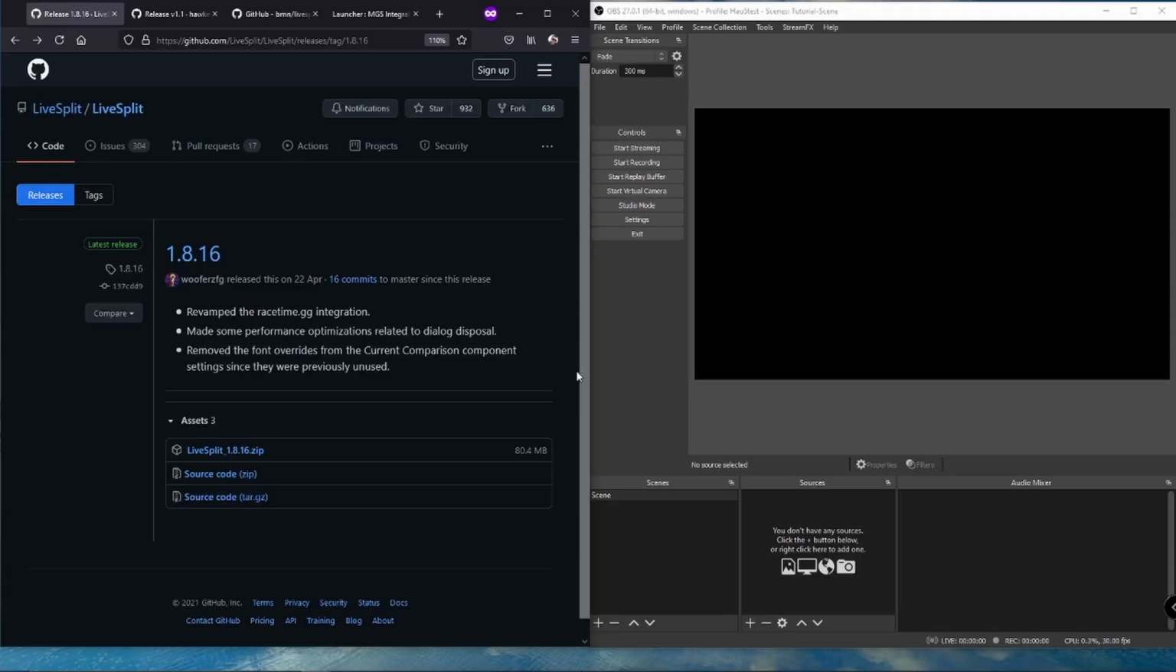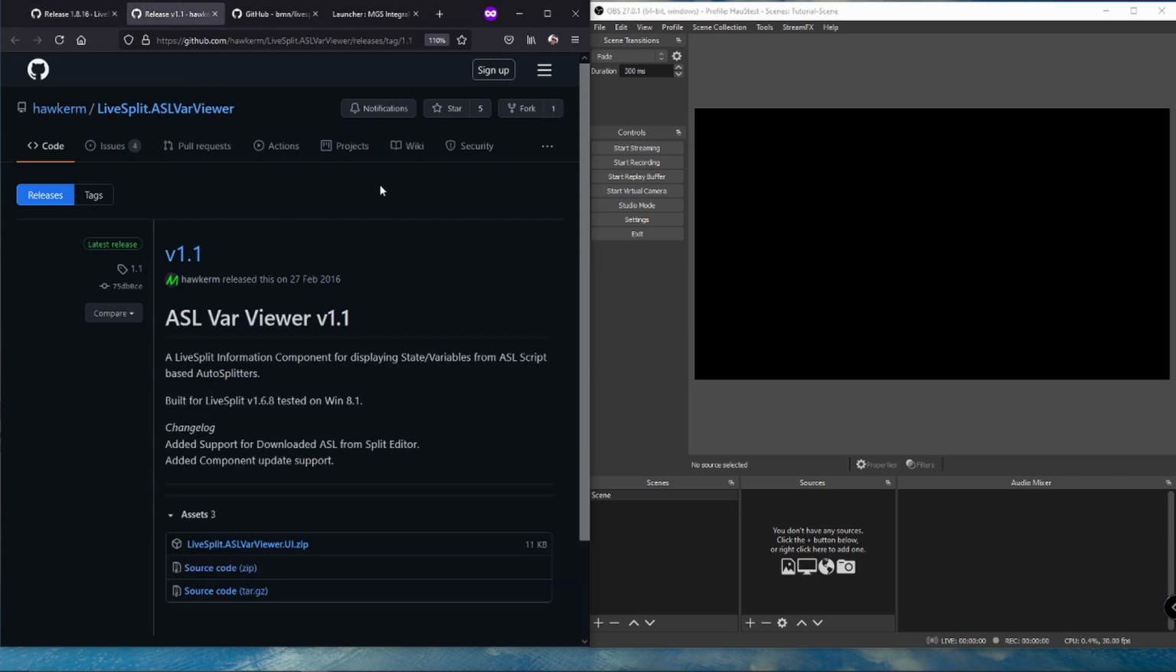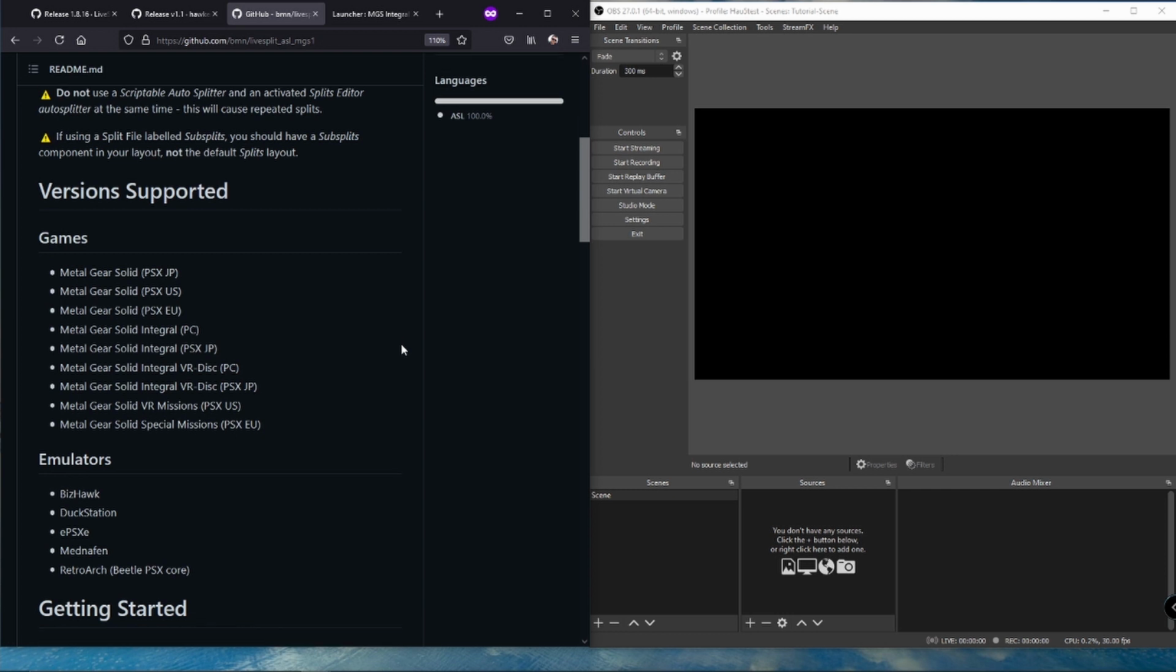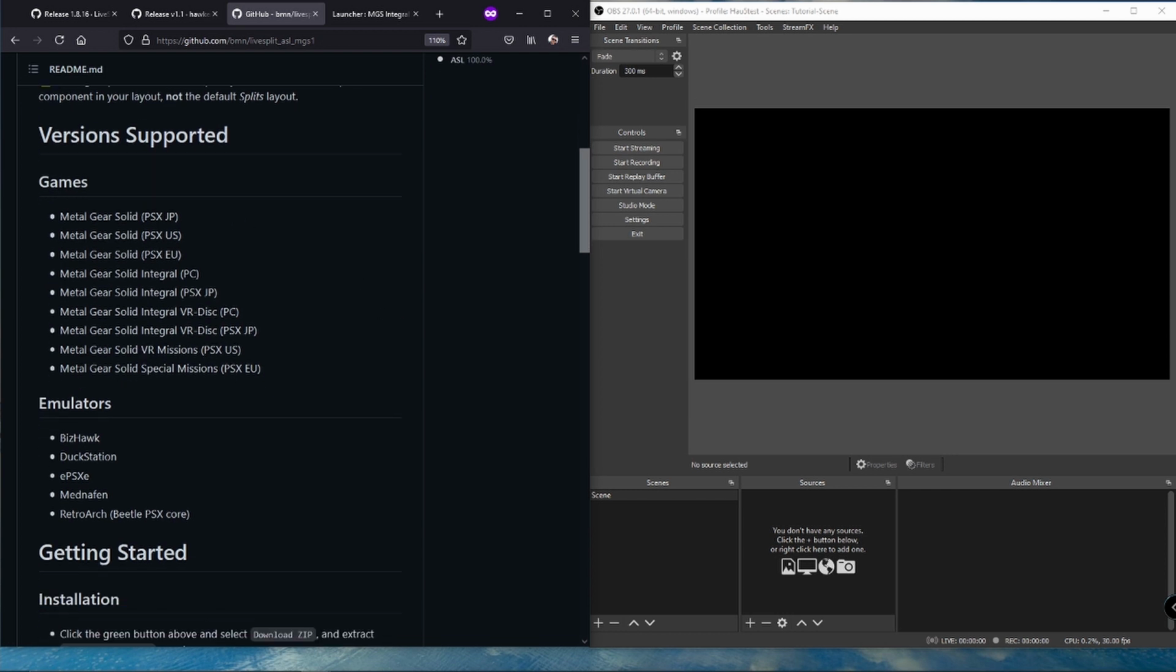We will begin with looking at Livesplit, installing that. Then we will install the so-called ASL Var Viewer plugin. After that, we go to the more specifics of Metal Gear Solid 1. We're going to install the BMN Livesplit ASL or Autosplitter 2.0 version, which works for Metal Gear Solid for PlayStation,